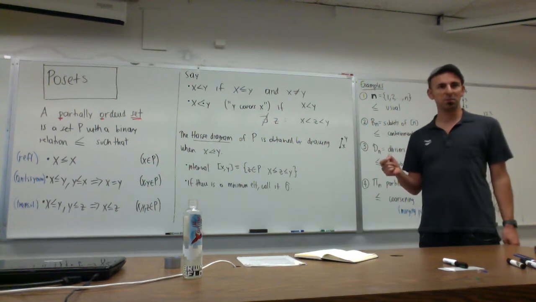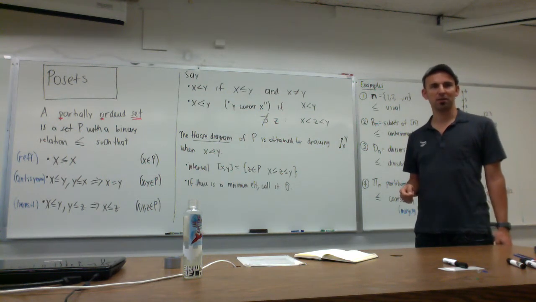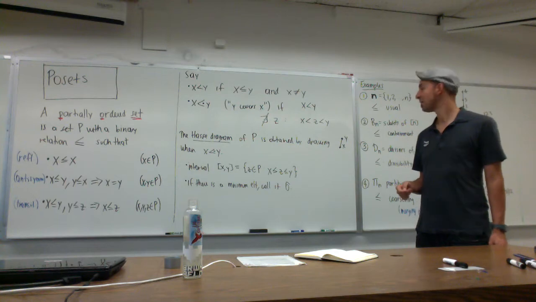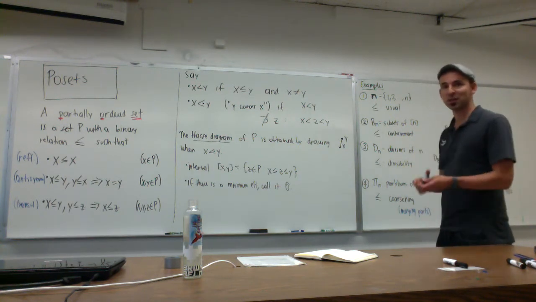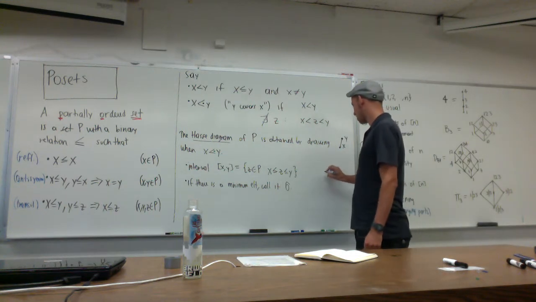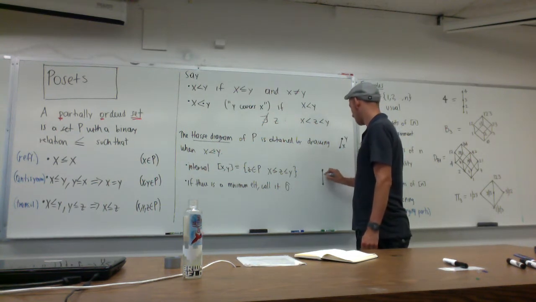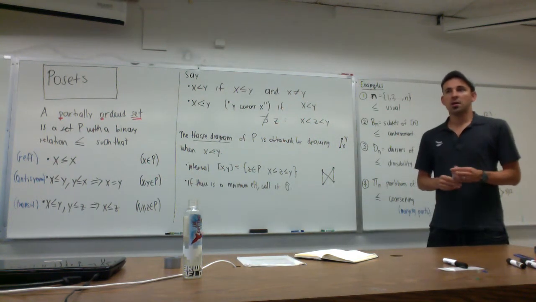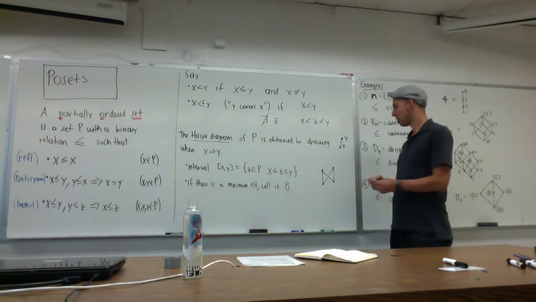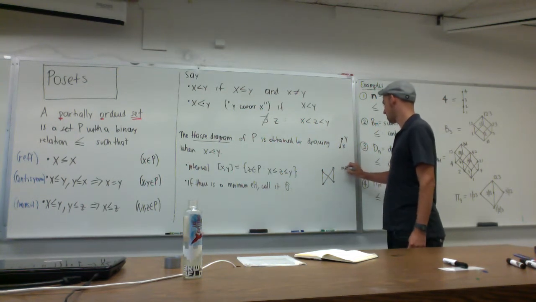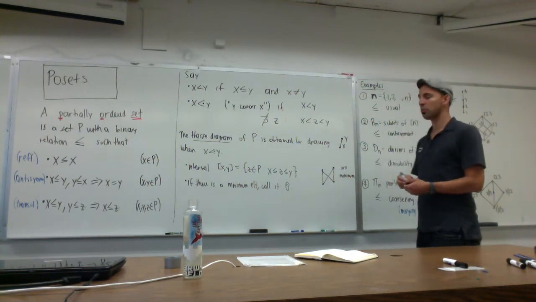What is the difference between minimum and minimal? That difference is very important here. And the problem is that none of these examples illustrate it. So let's talk about this poset, for example. A minimum element is an element that is less than everybody. So you see here, there's no minimum. Right? Whereas all of these guys have